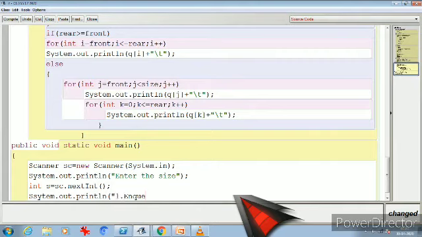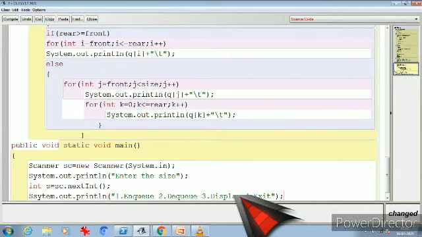Back again, I'm going to show them the choices that they can have. Number one, so that you remember, is enqueue to insert an element, two is dequeue to delete an element, third is display, and fourth I'm giving as exit, because I don't have anything to show apart from these. So let's close it.